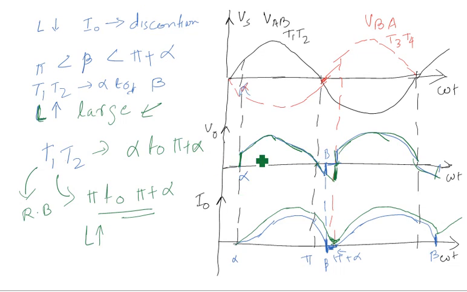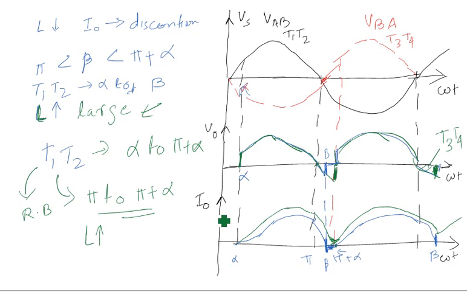Similarly, the same cycle happens with T3 and T4. During this period T3 and T4 are reverse biased, but conducting because of the inductor. So I have discussed two cycles: one is the discontinuous cycle and the other is the continuous cycle. In the continuous cycle, the current never touches the zero value. It goes on continuing.